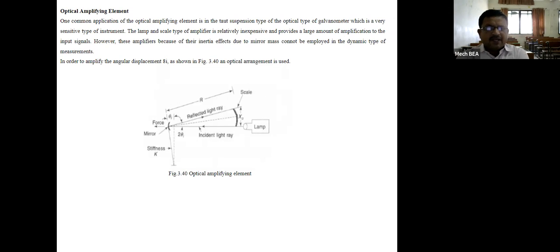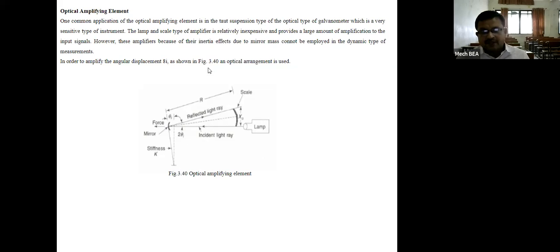Next is the optical amplifying element. One common application of the optical amplifying element is in the taut suspension type of optical galvanometer, which is a very sensitive type of instrument. The lamp and scale type of amplifier is relatively inexpensive and provides a large amount of amplification to the input signals. However, these amplifiers, because of inertia effects due to mirror mass, cannot be employed in dynamic types of measurements. In order to amplify the angular displacement,